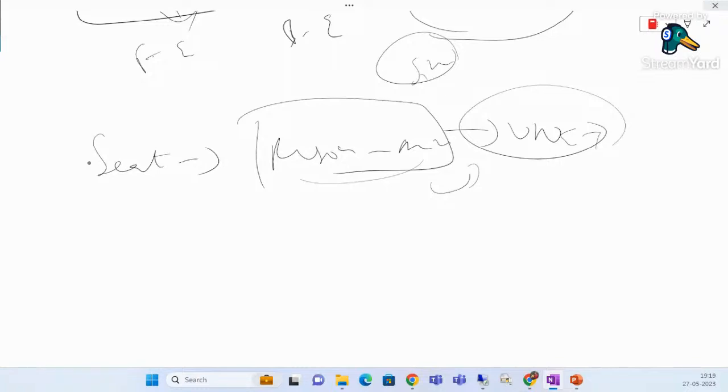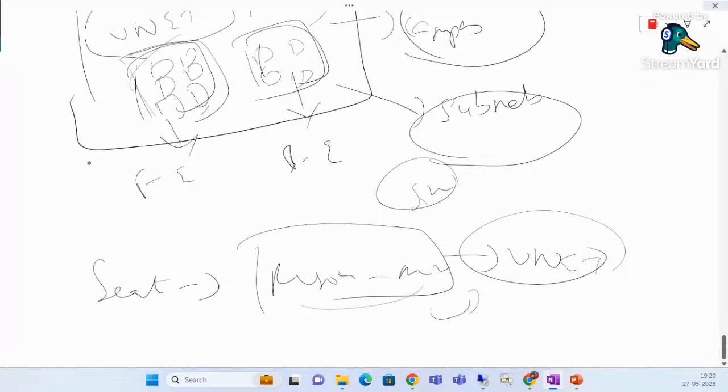Now, these resources are nothing but the seats of your classrooms, and you very well know that in your campus you have some entrance gate, and there might be security guards who would be checking the ID cards of the students and then granting them access to the appropriate classroom. Or you would be going into your respective classroom and sitting over there for your lectures. So in a similar manner, what happens is that